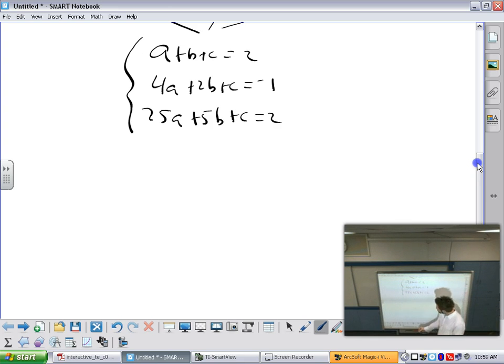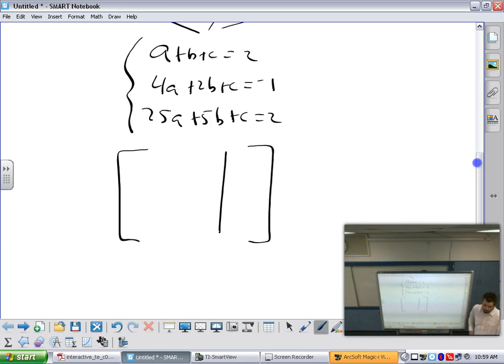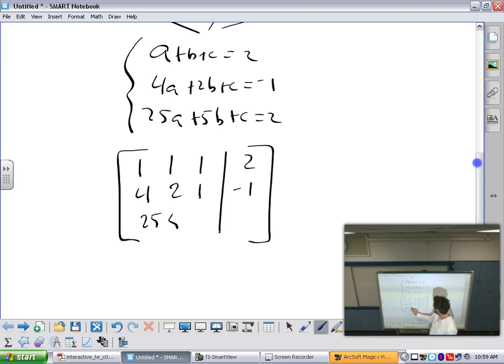Now, what I would suggest, and you've got to kind of jog your memory here, I'm going to use the row reduction method where you put the coefficients in one side, a little extra column for the constants. 1a, 1b, 1c equals 2. 4a, 2b, 1c equals minus 1. 25a, 5b,